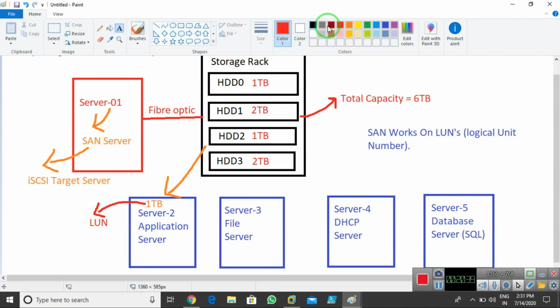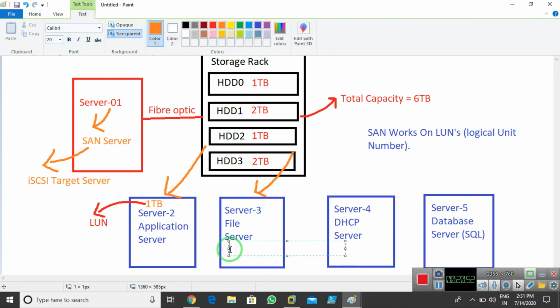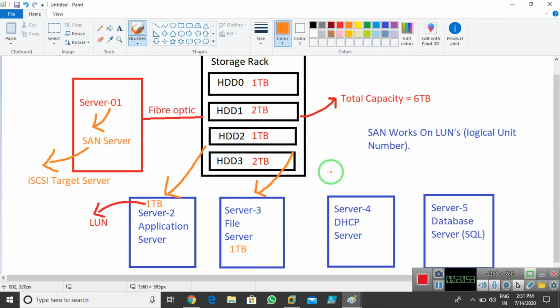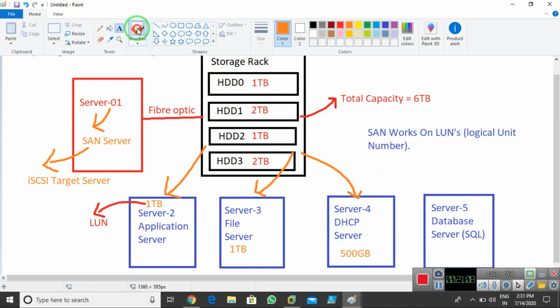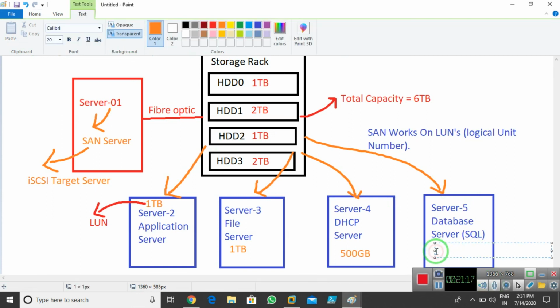Understood? Imagine the same thing. My file server needs 1 terabyte again, so with the help of the SAN server, I provide 1 terabyte to server 3. I provide 500 GB to my DHCP server as well, and 2 TB to my database because it maintains a huge amount of data.